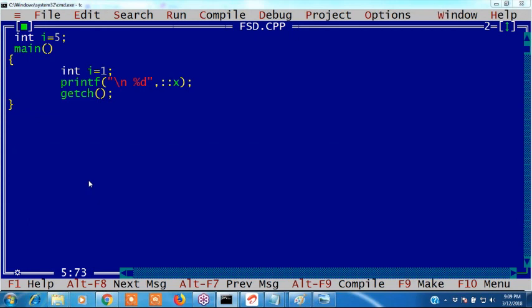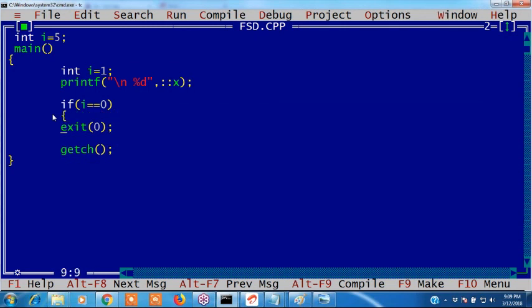Exit of 0 represents what? In real-time compilers, what will happen? Those compilers show the status of the program, whether it came outside from that program or not. Example, here I am writing exit of 0. Suppose i equals 0, that is the status I am giving here.